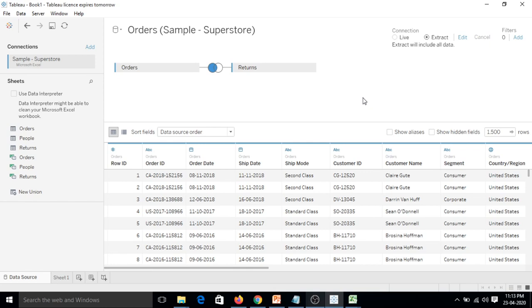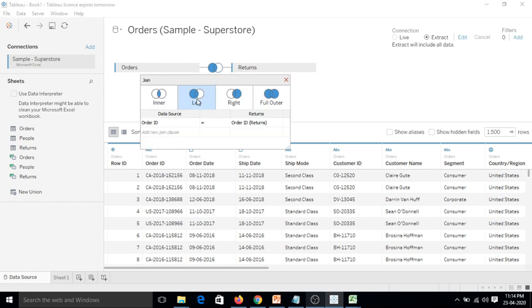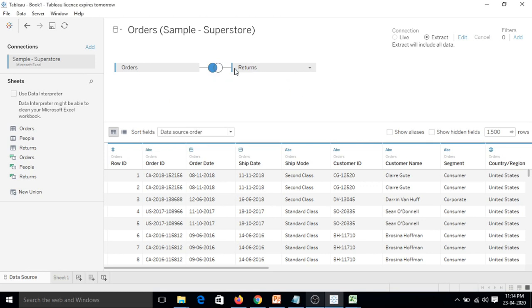Hi guys, in the previous videos we joined these two tables, which are orders and returns, and we did a left join. Let's verify. Yes, it's a left join. You can also see the symbol, so it's a left join, and we also selected extract. Now we go to sheet 1